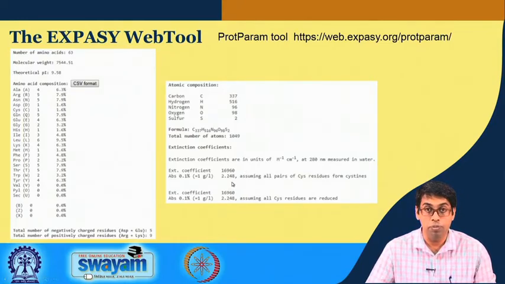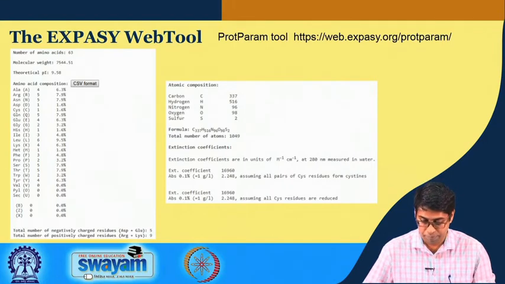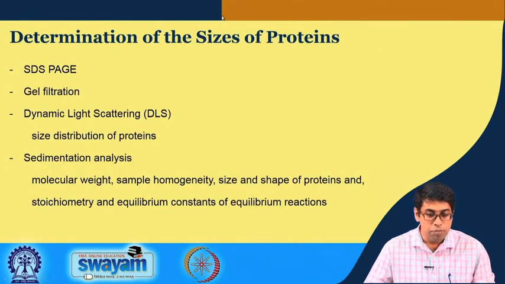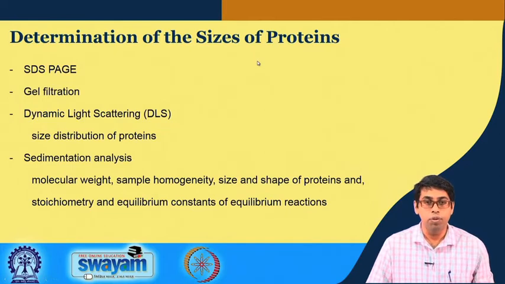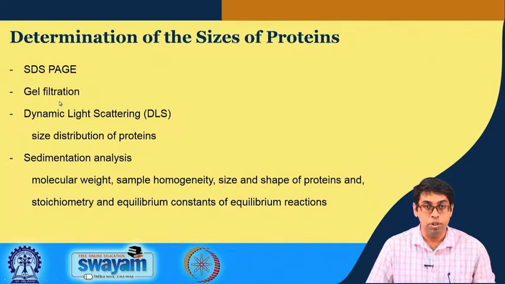And if you want to know the details of how these numbers are calculated, go to the documentation, you will find the references there. So, at this point what we know is that our protein is correct because the molecular weight matches with the expected molecular weight from the sequence. We know the concentration of our protein and we know that our protein is pure. These are based on SDS page, gel filtration and measurement of UV absorption.